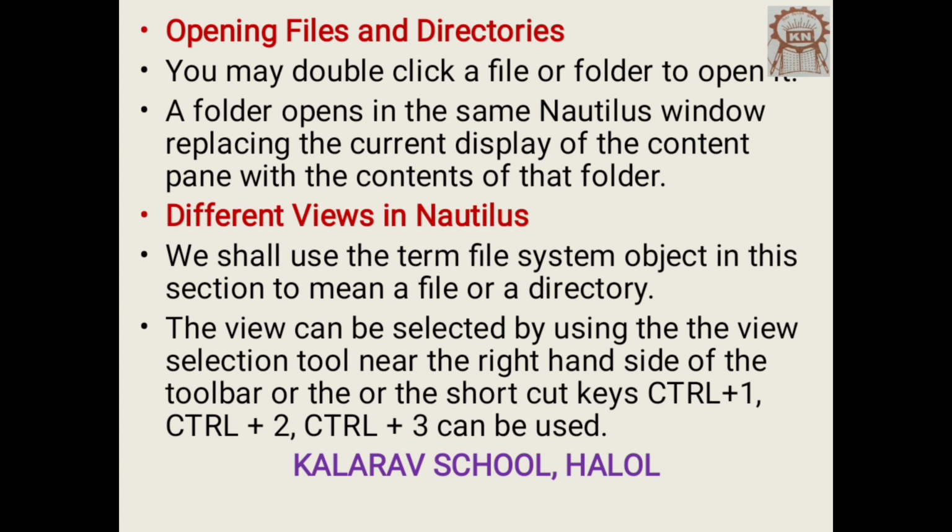When you double click a file, Nautilus tries to find out the most appropriate program for opening it, launches that program and tells it to open the file. You may select the application to be used for opening the file or just click OK, in which case the attempt to open the file will be